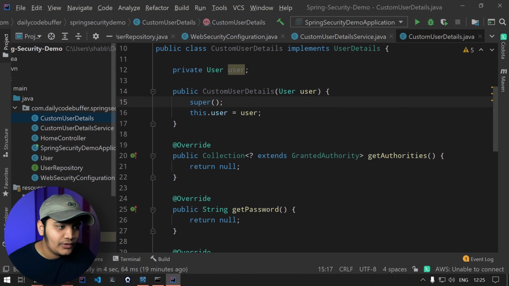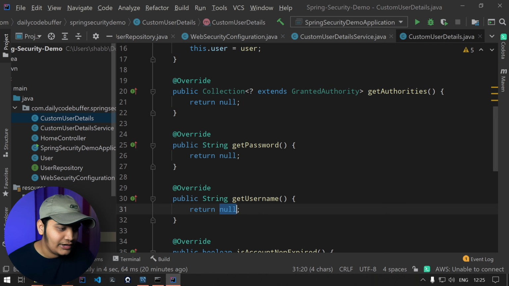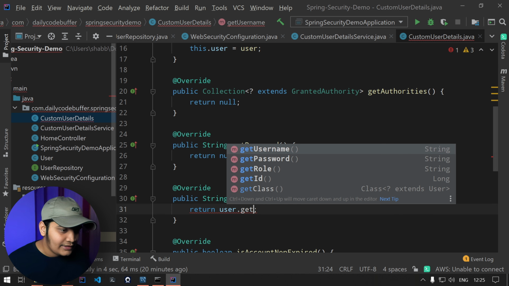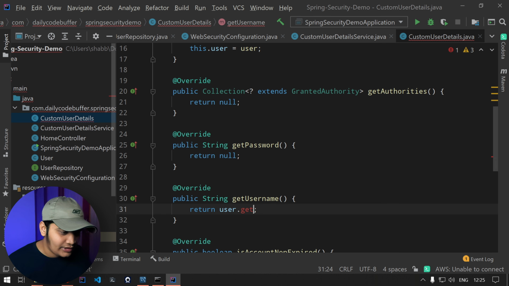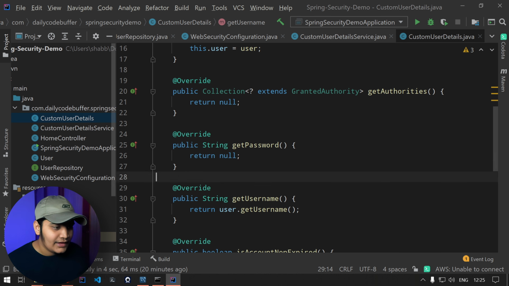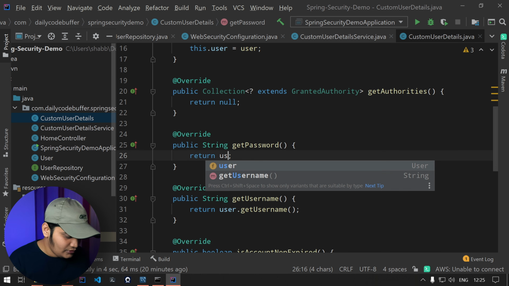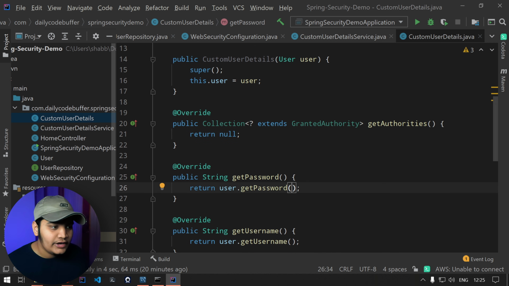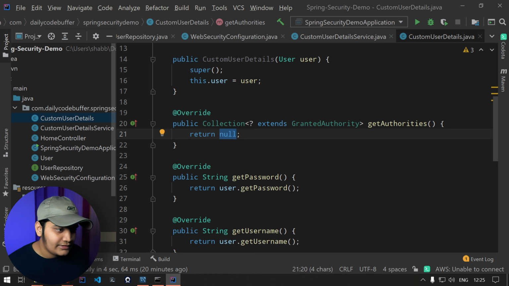Now we can get the password and username. For the username, user.getUsername, and for the password we can do user.getPassword. For the authorities, this is a collection of granted authorities, so we have to create a granted authority object of type collection.